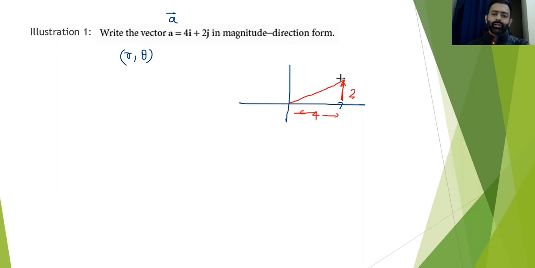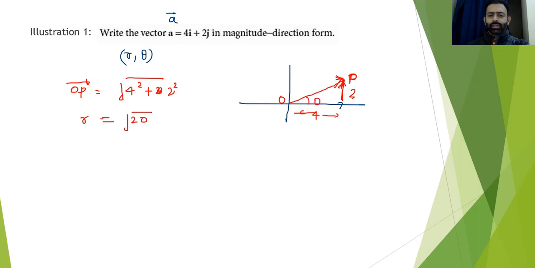So basically finding out the magnitude of this vector OP, this is P, this is O. So magnitude of this vector will be 4 square plus 2 square under root. Okay, this is 16 plus 4, sorry, 2 square. So root 20 is the magnitude, which is denoted by small r, and then we have to find out the